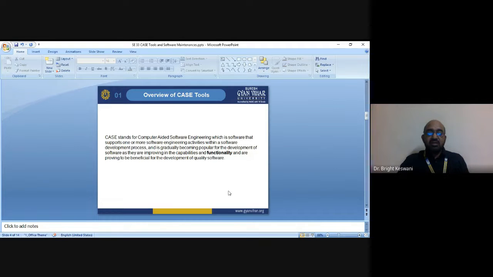There are several processes that are assisted by the CASE tool. First is the translation of user needs into software requirements. So CASE tools are useful in the requirement analysis phase.